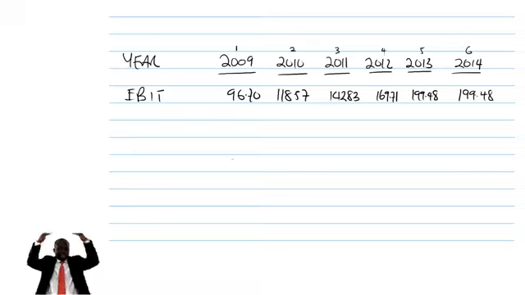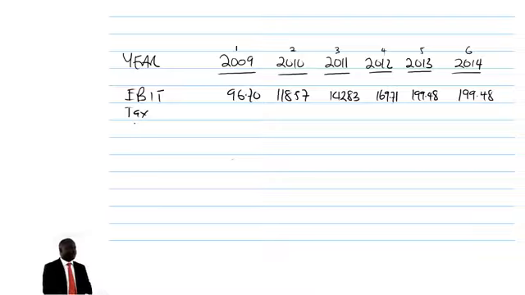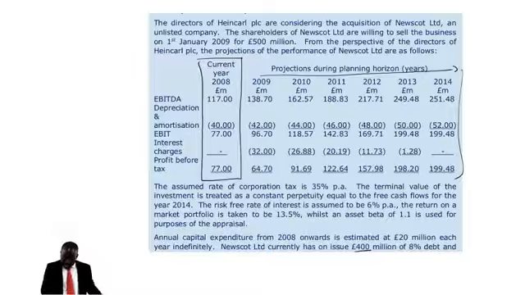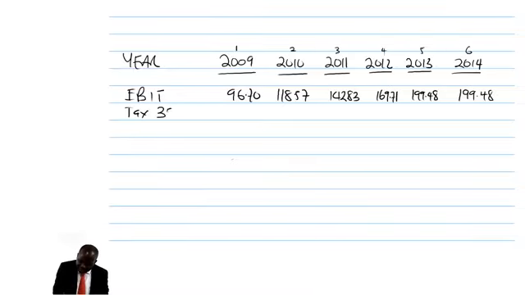You have to picture the way we calculated the free cash flow. I've got the earnings before interest and tax. Straightforward. I have to bring my tax. What is the tax rate? I go to the question. According to the question, the tax rate is 35%. Don't have to bring what? Interest. Remember, therefore, we are going to say tax rate is 35%, and that 35% of those figures will give us